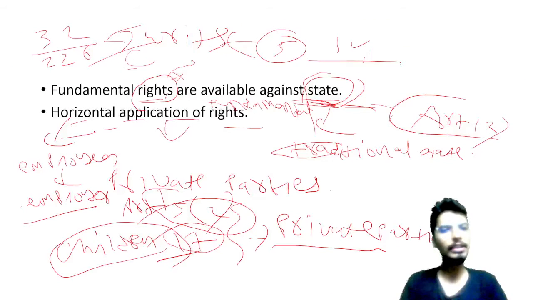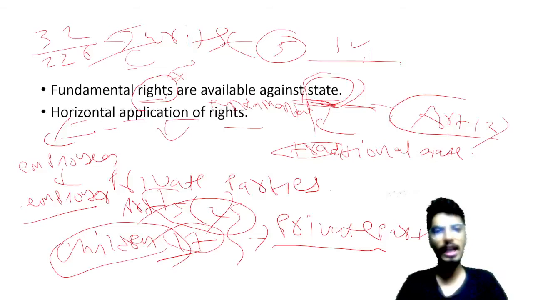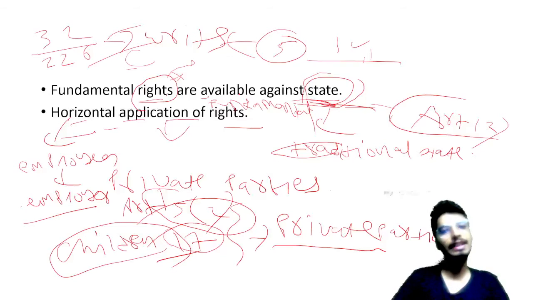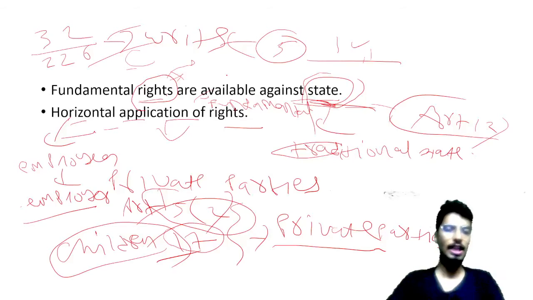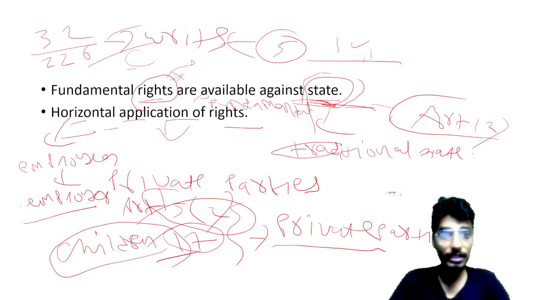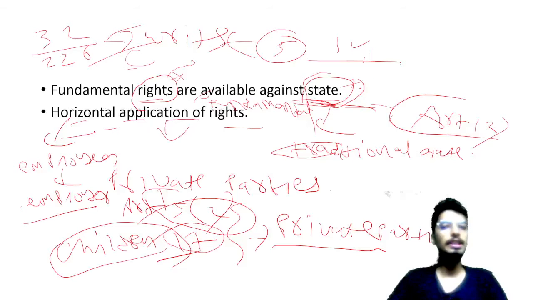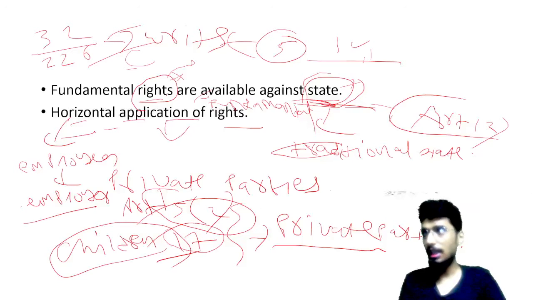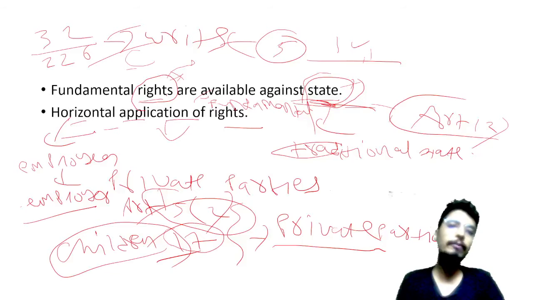Then we saw कि general idea क्या है, traditional idea क्या है। जो beginning में idea था कि state के against fundamental rights मिलते हैं। क्यों ऐसा होता है? Because state को बहुत power दिया गया है. State is very powerful entity. तो state के against कुछ safeguard होना चाहिए citizens के पास। अदरवाइज अगर स्टेट के अगेंस्ट आपके पास कोई सेफगार्ड नहीं होगा तो what will happen if state will violate your rights? That can happen, that if in any case state is violating your right, then what will you do? So it is very important कि आपको सेफगार्ड किया जाए और स्टेट के अगेंस्ट आपके पास कुछ राइट्स हों।